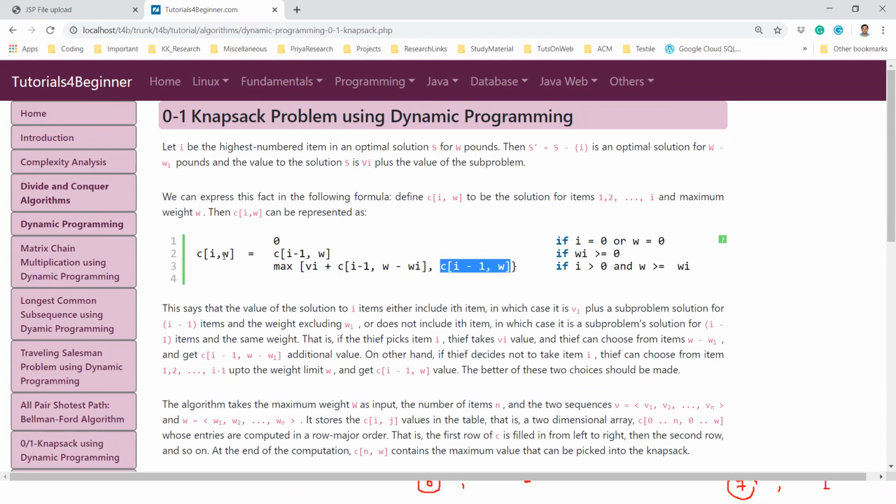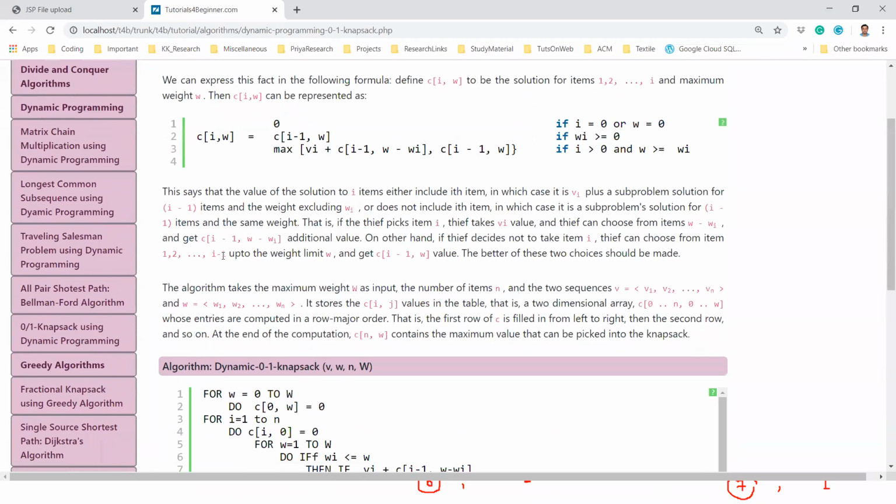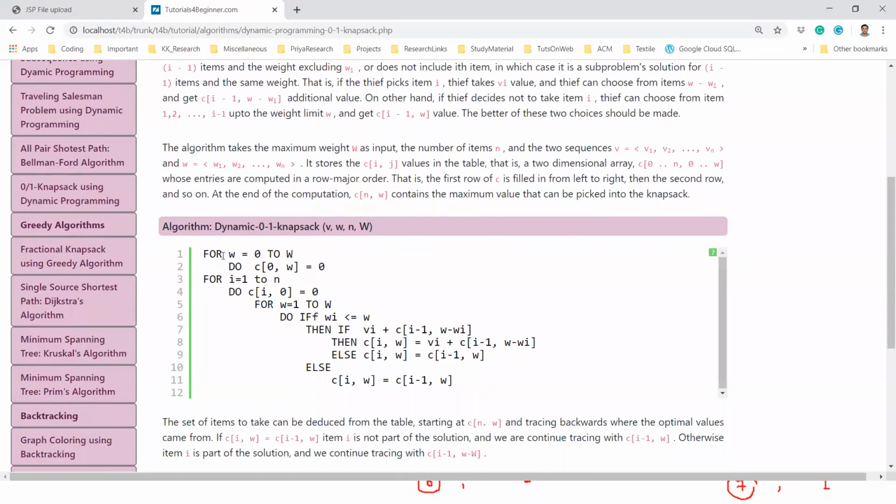That will be assigned to CIW. So the value of CIW will be either this one or this one.